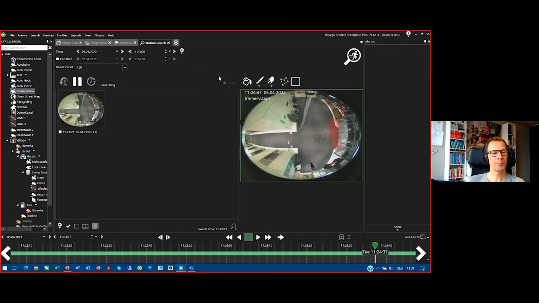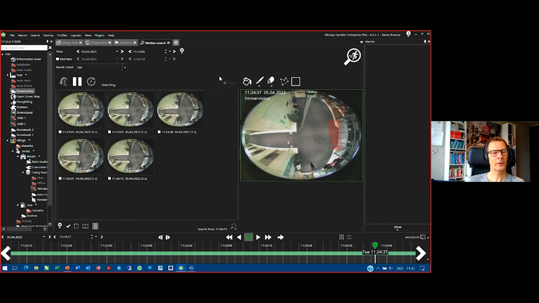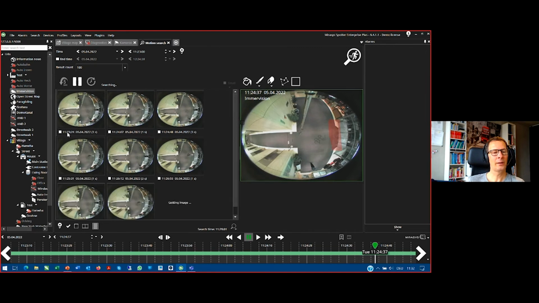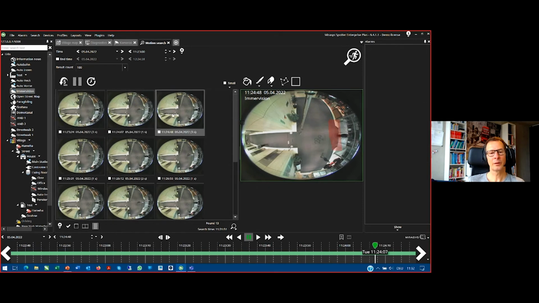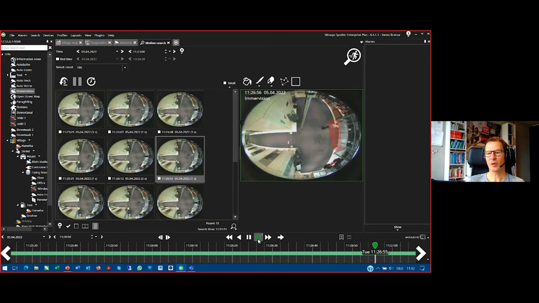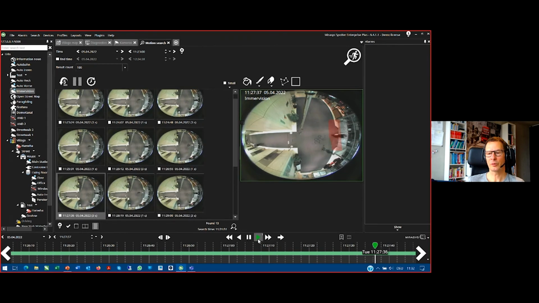Let's do it. So it's giving you results, how long this information has been here, when, at what time, and how long. 3 seconds, 1 second, 3 seconds. And by clicking on it, it is automatically jumping to the video. And now you can start the replay and checking, okay, what has been done there. So there was somebody coming in, etc., etc.